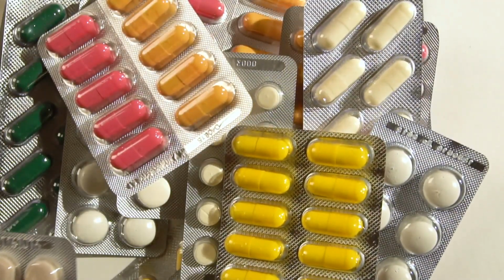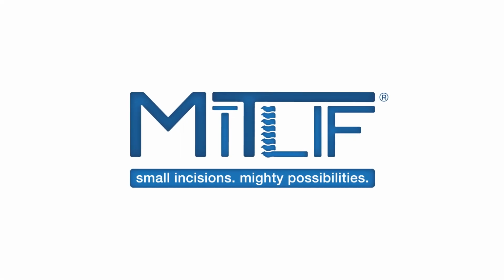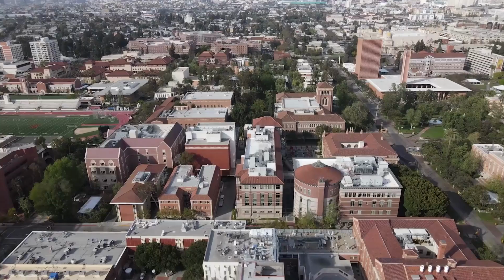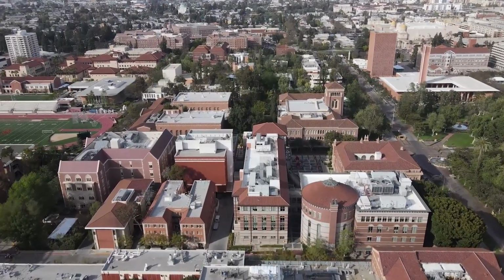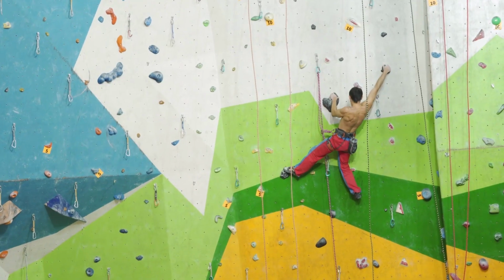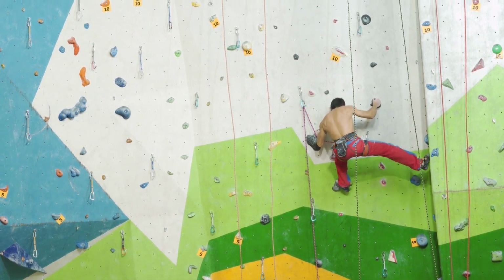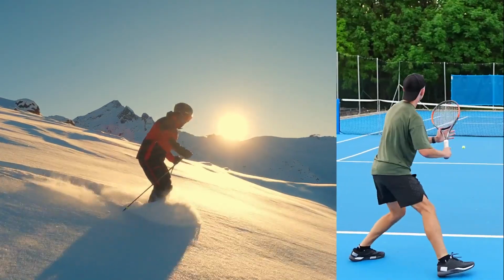That's when I turned to Dr. Sanjay Ghosh. I was first introduced to the concept of the MiTLif and minimally invasive spinal surgery technology about 25 years ago when I was in residency at the University of Southern California. And I was immediately drawn to the minimally invasive technology because I was always concerned about the open surgical technique's limitations, particularly if a person was athletic and wished to get back to athletic pursuits such as skiing, tennis, and